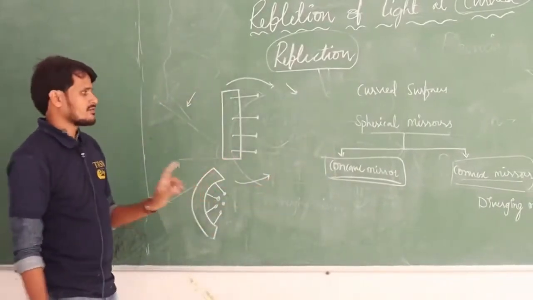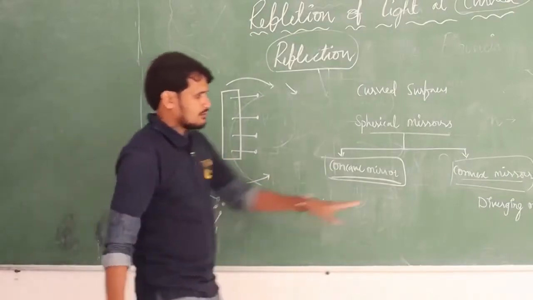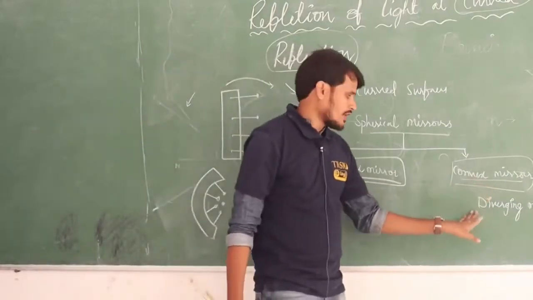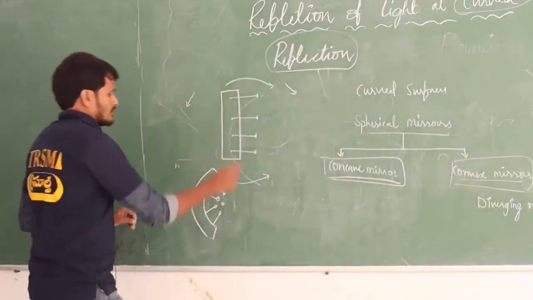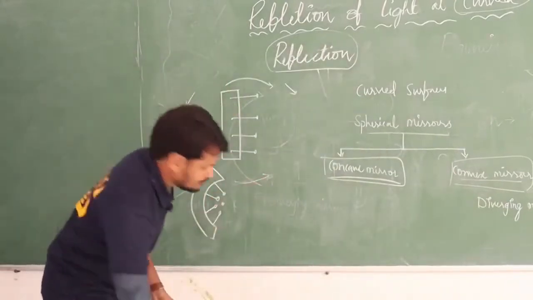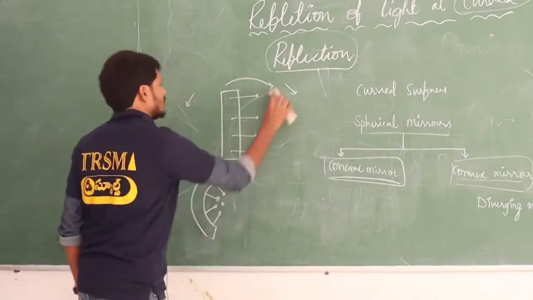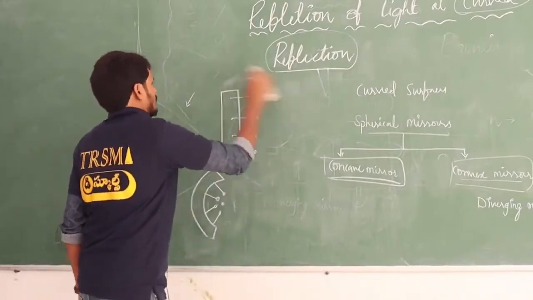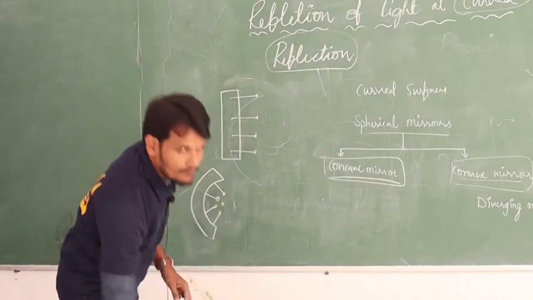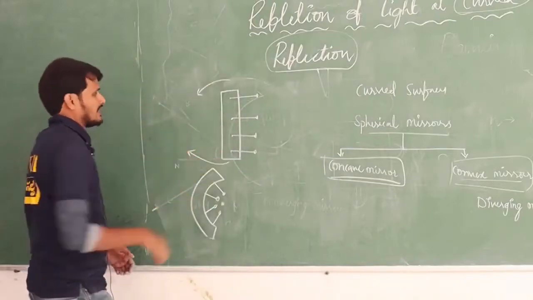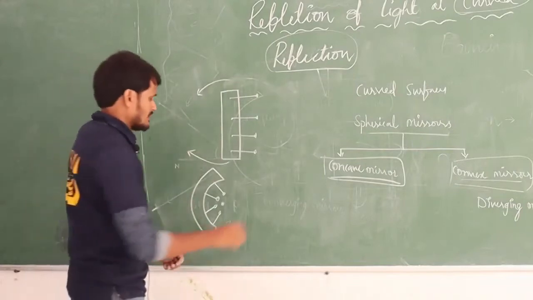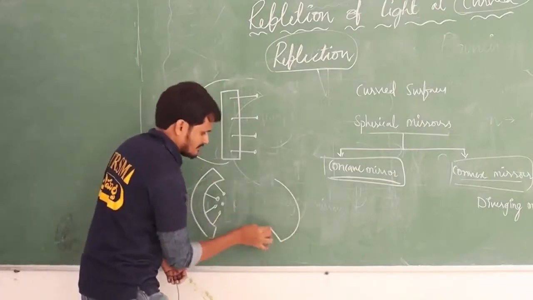Very important this. And second case, go to the convex mirror. Why are we calling the diverging mirror a convex mirror? So now the same sponge which was used in the first case, bend the left side now, bend like this. And in this case the sponge bends like this.